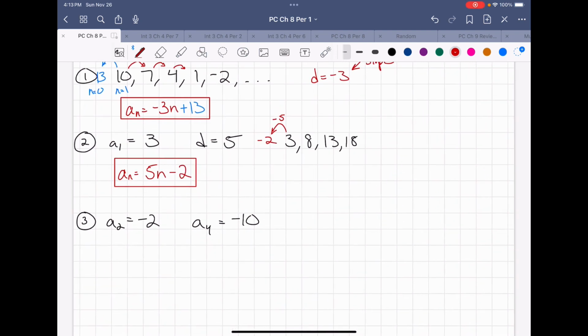Okay, number 3. I didn't give you the first term this time. I give you the second term is -2. The fourth term is -10. And I do realize these terms are relatively close to each other, but we don't want to just rely on that in order to figure out how to do these problems, because what if they're further away from each other and not so close to the beginning of the sequence on the test? So instead, we know that d is the slope,